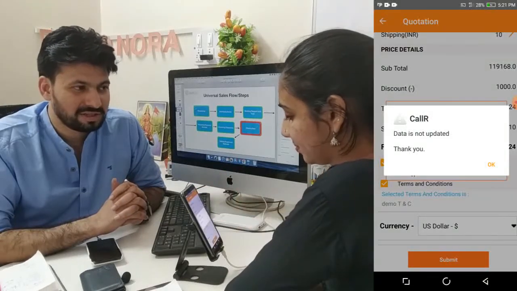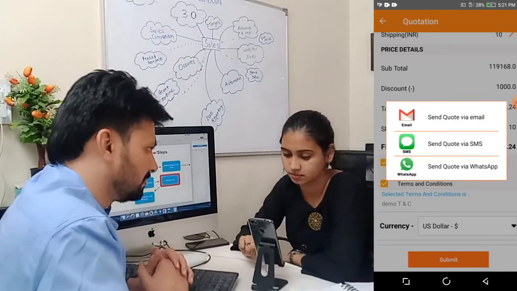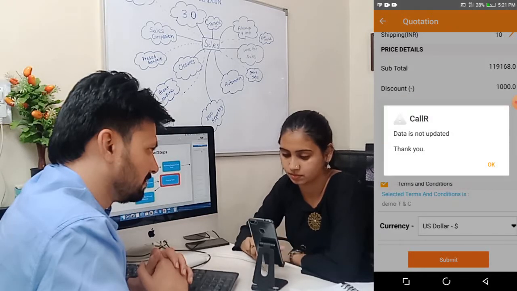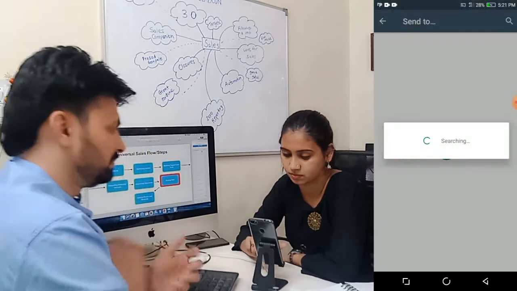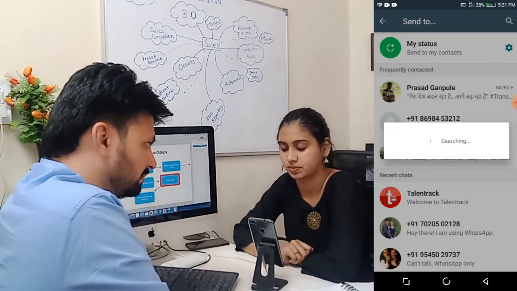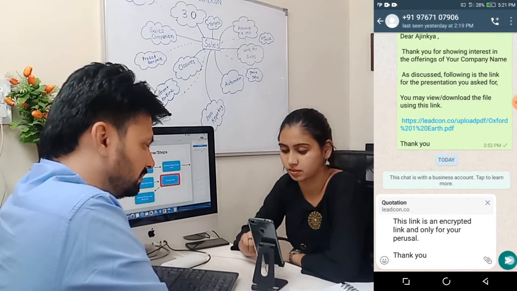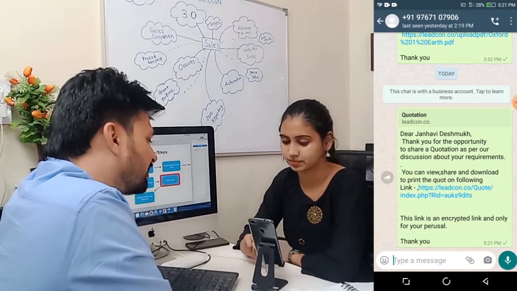Now, as you're sending via email, why don't you also send via WhatsApp? It's sent. Yes. Now, there is a link over there.